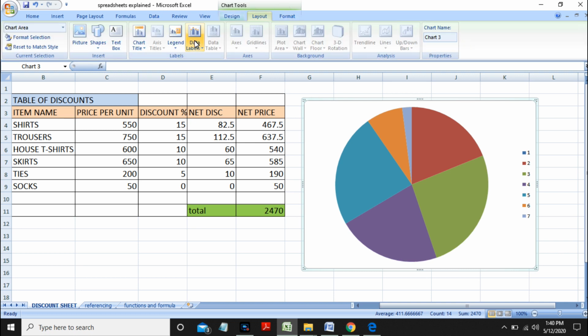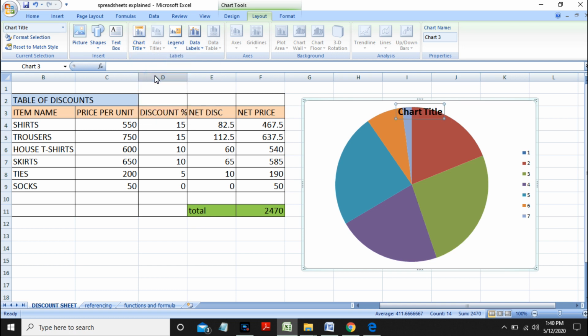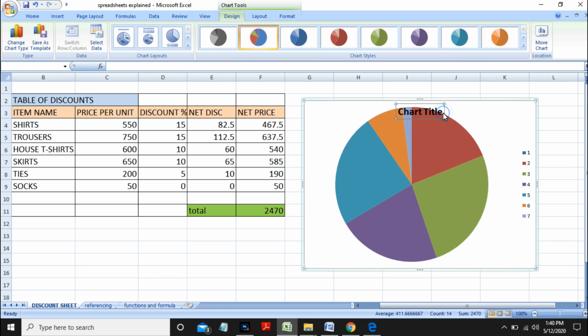the chart layout, chart title, center overlaid, and it'll ask us what title you want. Supposing you want to write it's a comparison chart or a pie chart, you can just select the chart title over here and edit it right here. Okay, you can just give the name to your chart. You can say individual composition, right? You can change the location of the title depending on wherever you find it.